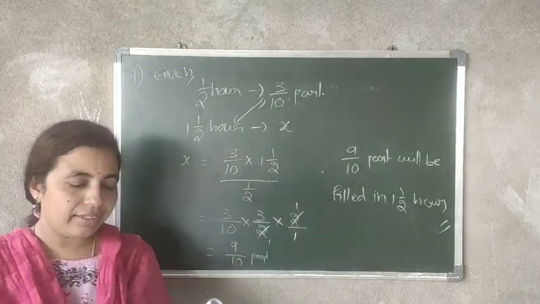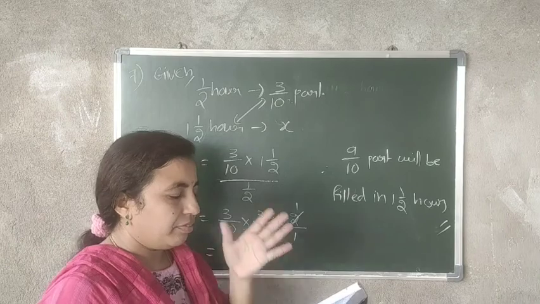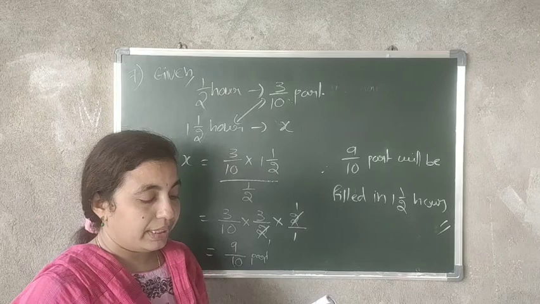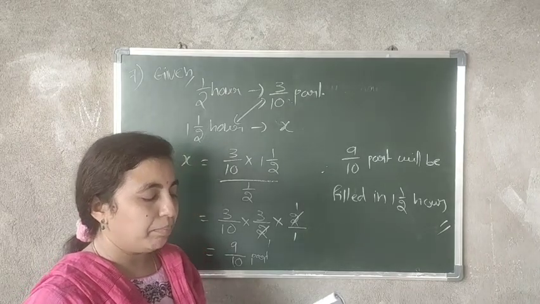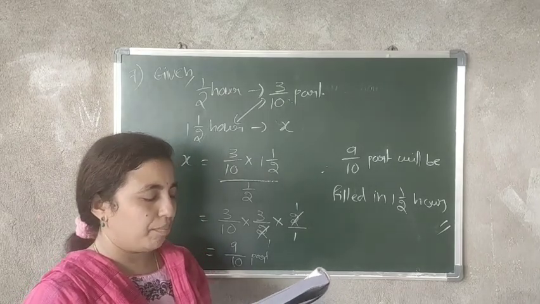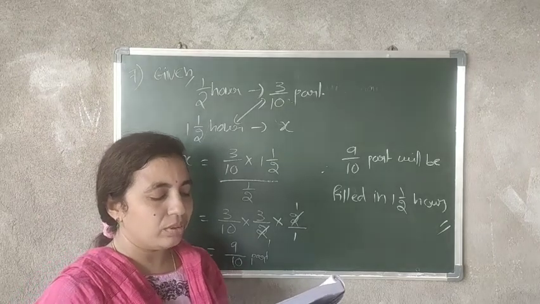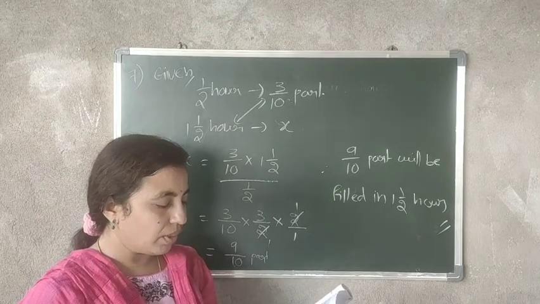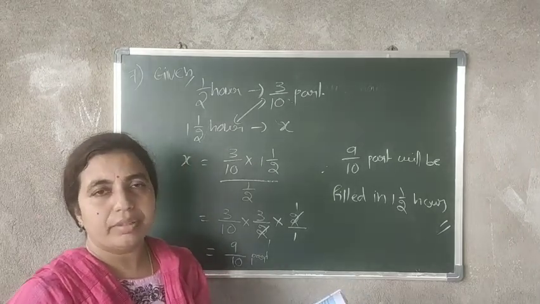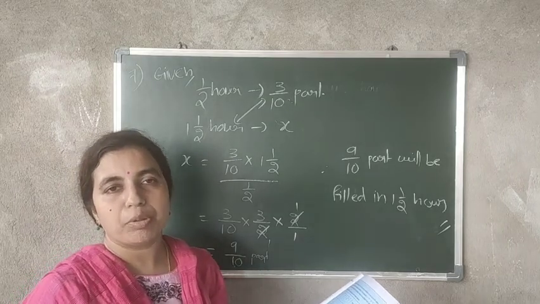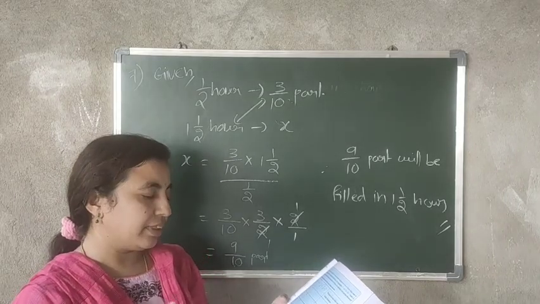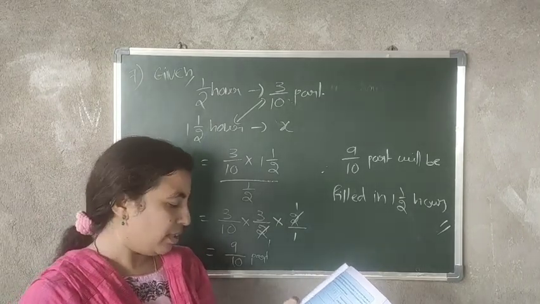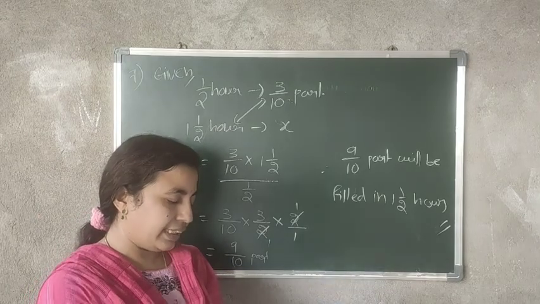Next we have exercise 3. Exercise 3, first bit is homework for you. Find each of the following products. First bit is homework, and then second bit, multiply and reduce to lowest form, that is also homework for you. Same, just multiplication only. Same like yesterday how I have done those example problems, same like that you have to do. Exercise 3 first bit and second bit. Next third bit, in the next class I will explain. Let me complete this fourth and fifth which are easy.